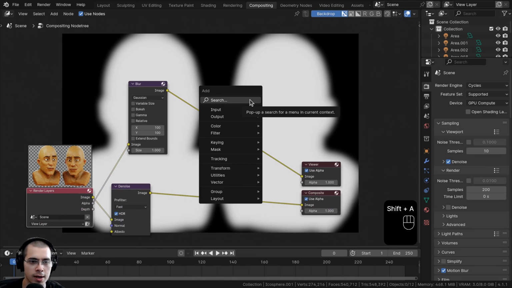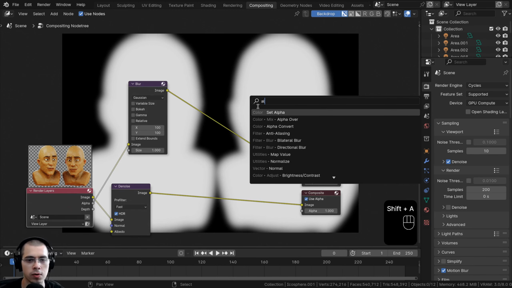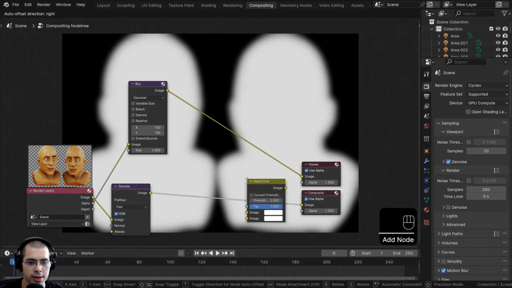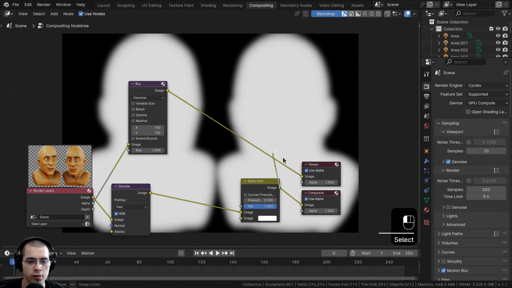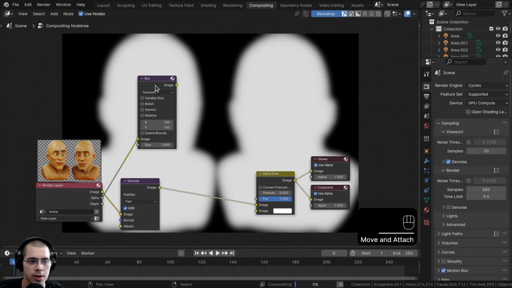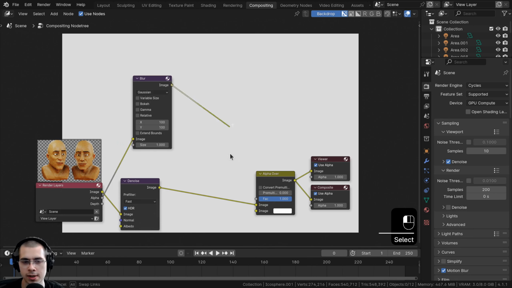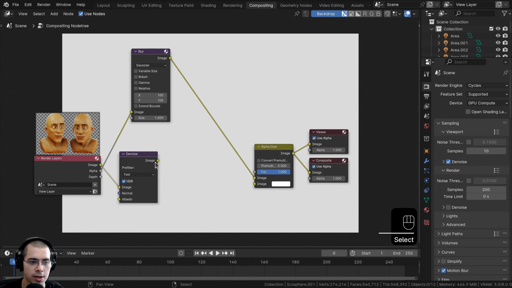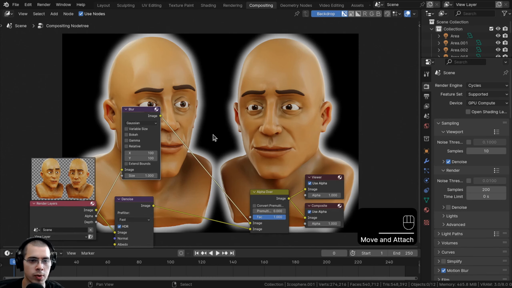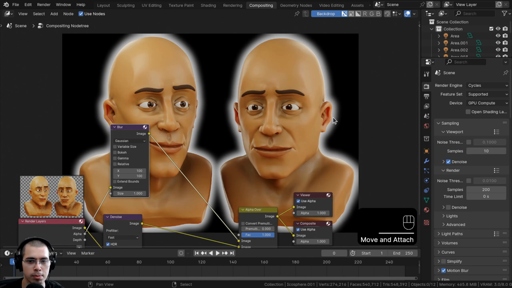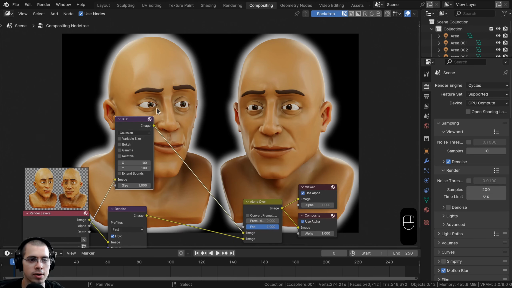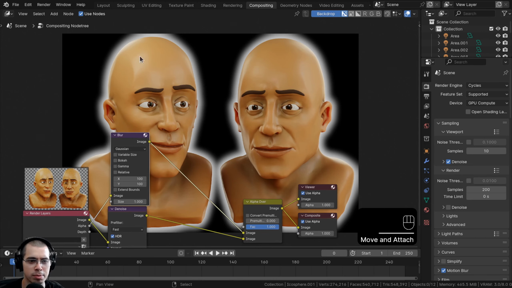So now I want to go to the add menu and I want to add an alpha over. Let's add the alpha over and we'll stick it here after the denoise, and the alpha over image can go into the image. And then this blur image, this is going to go into the top image, and the denoise is going to go into the bottom image. So we'll just wait for this to load up, and you can see basically now the blurred image is in the background, but instead of it being like white, I want it to be black